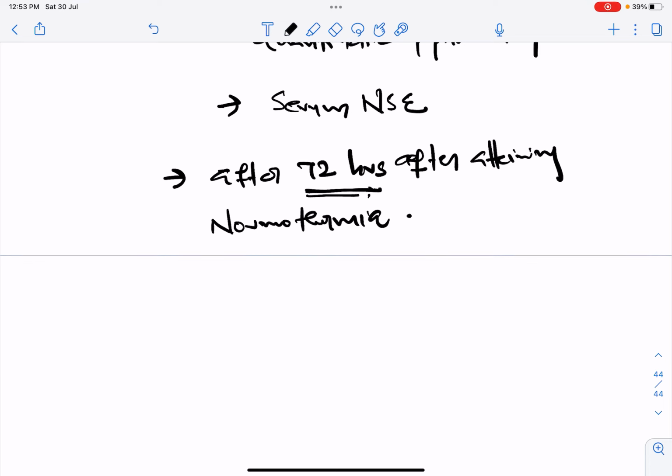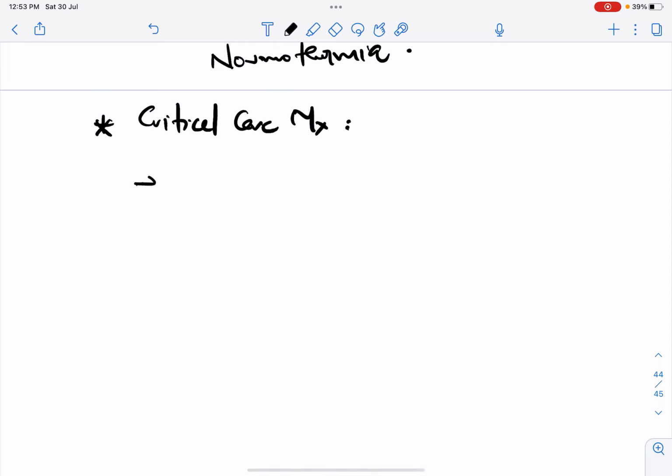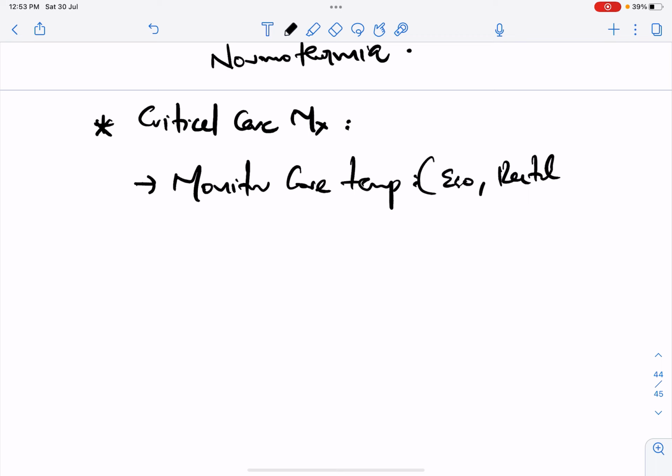Now, what is the critical care management? From the point of view of critical care medicine, what do they do for the post-ROSC patient? The critical care management includes continuously monitoring the core temperature. For that, they use esophageal, rectal or bladder temperature. Then they have to maintain